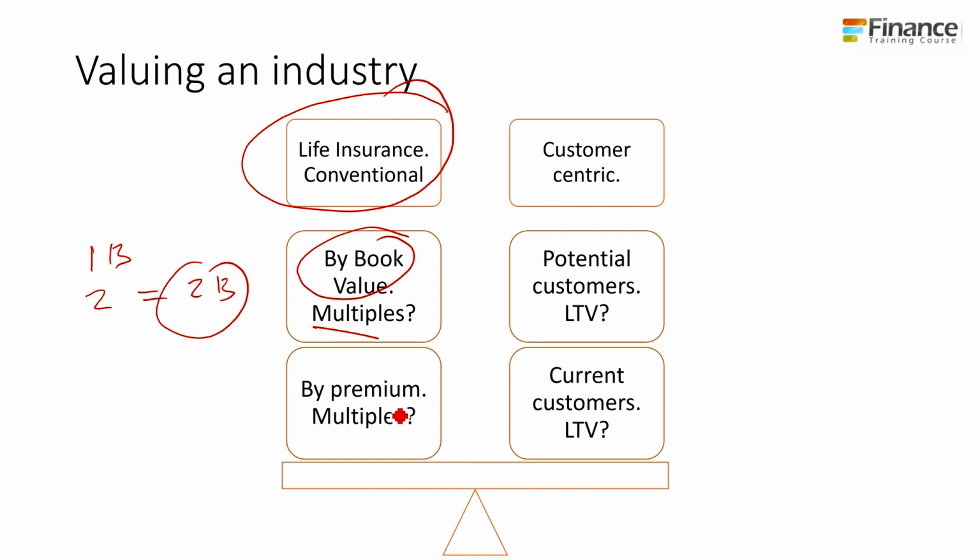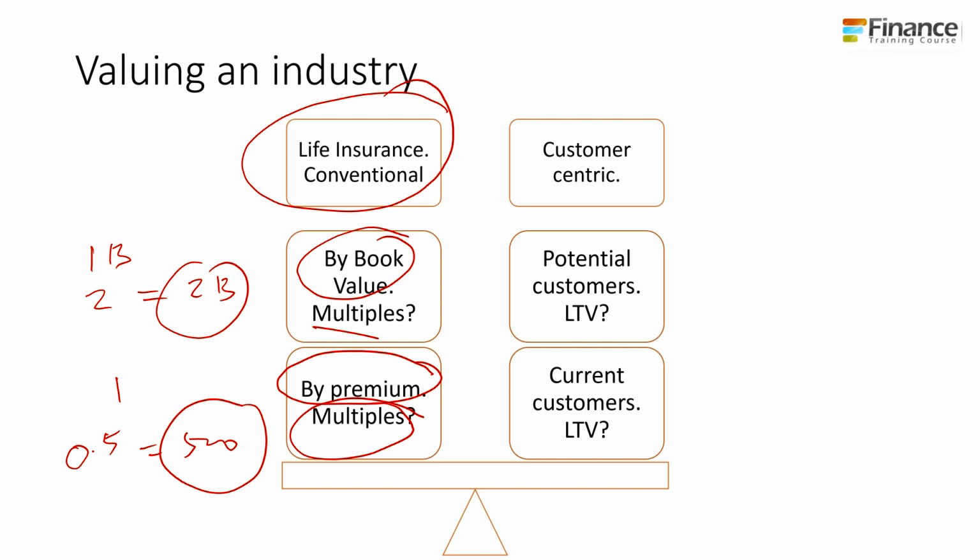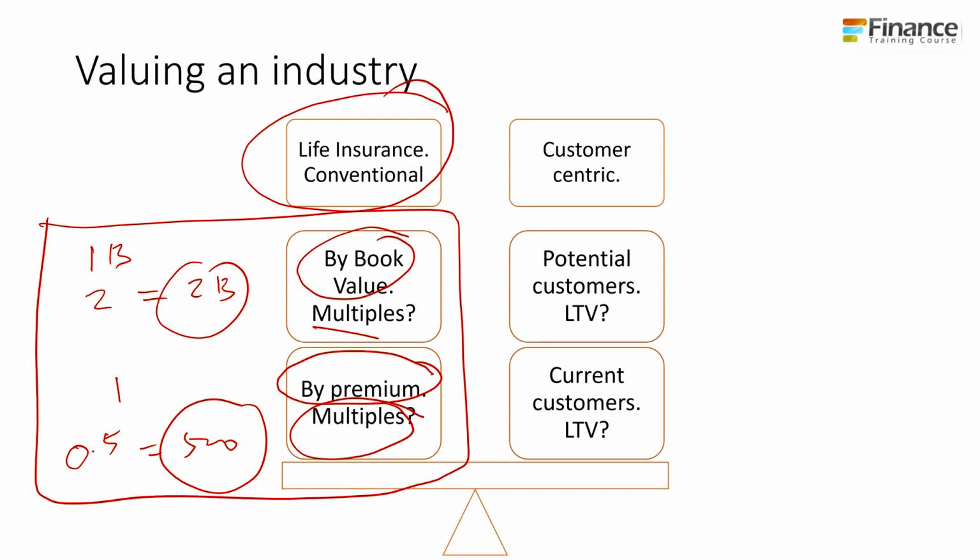If I want to look at an alternate metric, for example, premiums, I might say that the industry premium is about $1 billion and the multiple is about, let's say, half, so 0.5. So the industry is worth about 500 million, right? These are both approaches that come from the conventional financial valuation model side, and they're analogous to what you see on the FCF side. The only difference is that rather than building a complete model, we simply build a shortcut, and that shortcut says I've got X value for a metric, I multiply that value by a valuation multiple that is appropriate at that point in time, and I take it from there. So that's two.